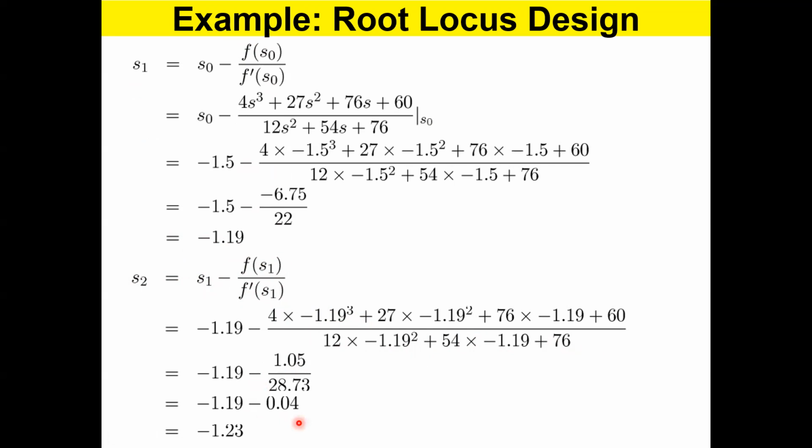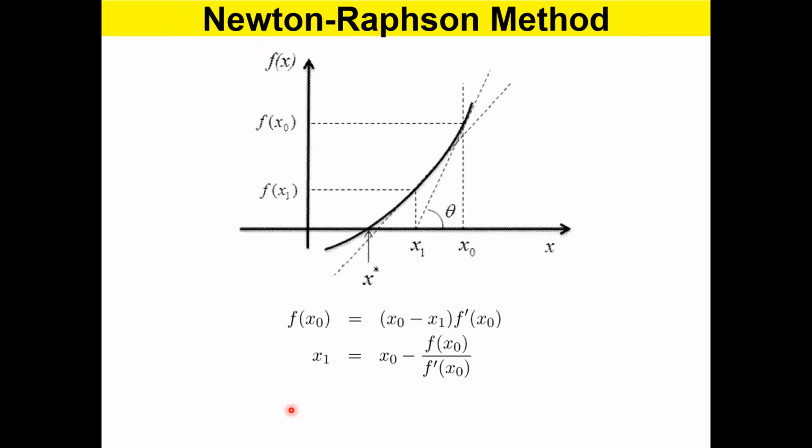you can continue a couple of cycles, then you converge to a value which is not changing anymore. So when the change is negligible, you stop the iteration, and whatever you are left with is the solution. So for this one, we stop the iterative process there, and we say minus 1.23 is the breakaway point. So which means